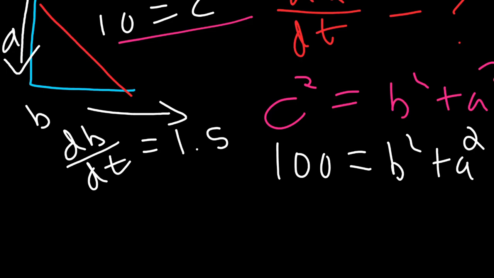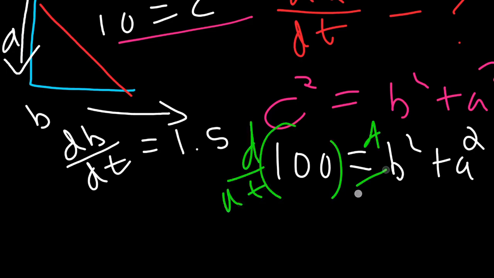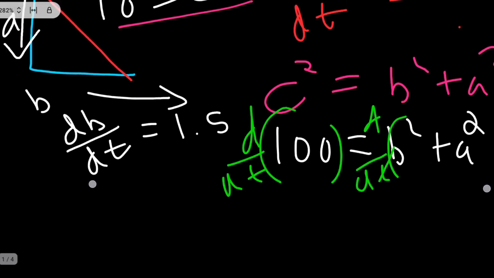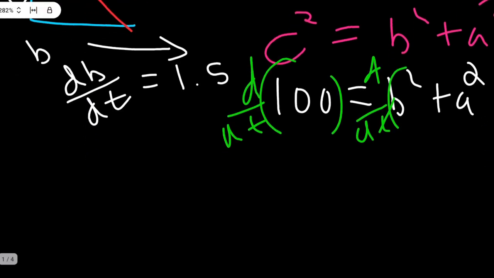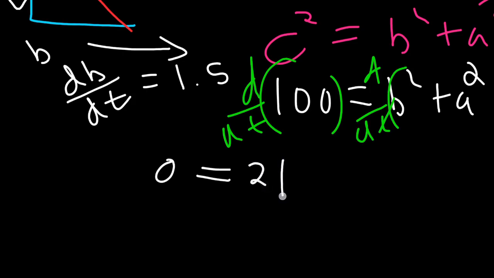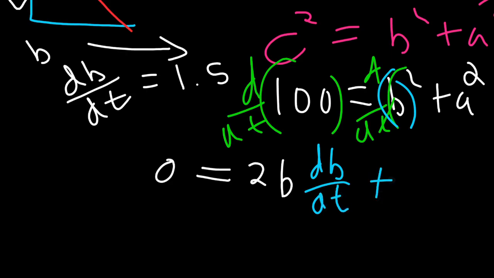Now we can derive implicitly, d over dt on each side, and we get 0, works perfectly, equals 2b, and then we always have to include our chain rule. Our chain rule is the derivative of the inside of this function, db over dt, plus 2a,